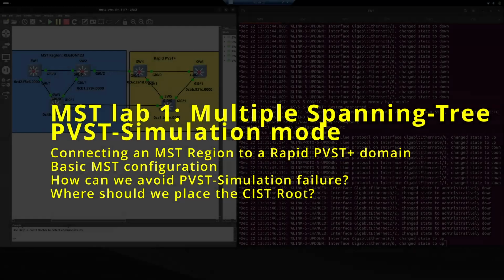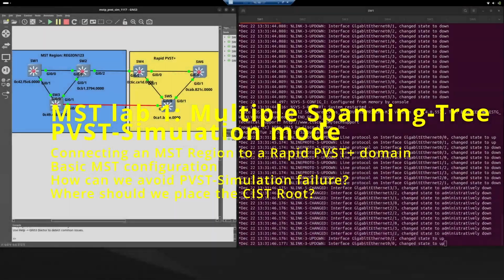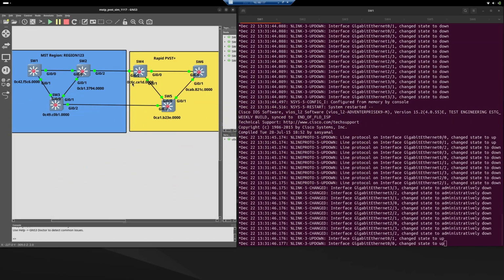In this lab, we are going to see what happens and which network design rules we have to consider if we connect this MST region 1, 2, 3, to another group of switches which run rapid PVST+. So MST is backward compatible with regular PVST or rapid PVST, so these networks can work together, and the MST